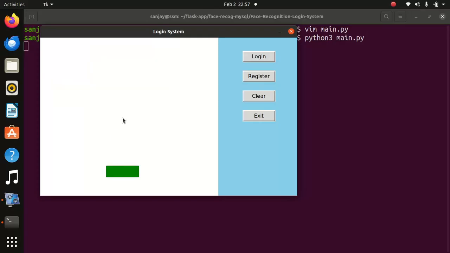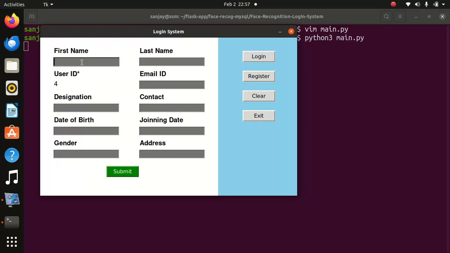First name Akshay, Kumar, designation programmer, email ID akshay@gmail.com, contact number,